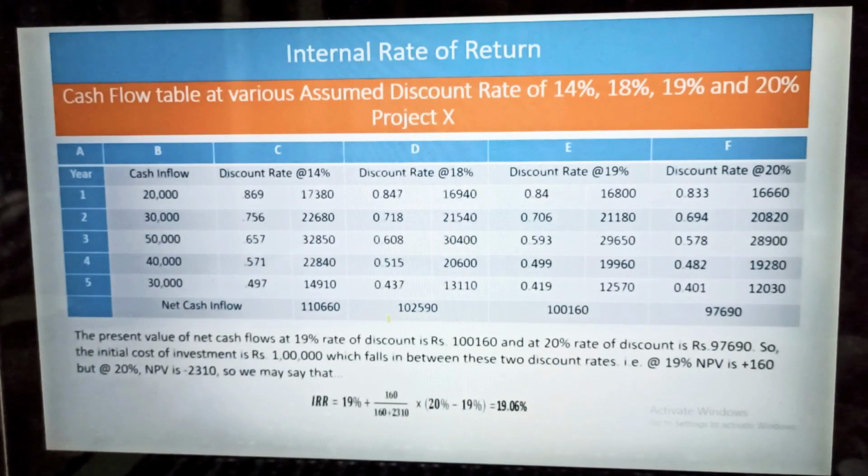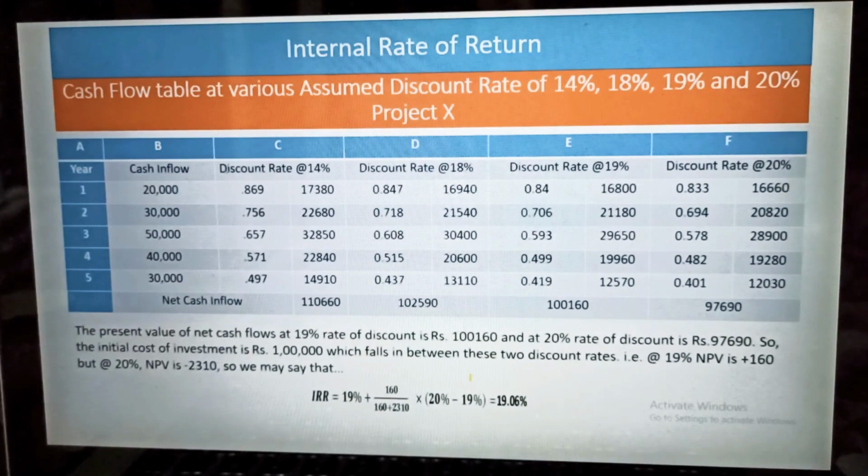Third one, we will discuss the internal rate of return. This method is also known as a modern technique of capital budgeting, which considers the time value of money. It is also known as the yield method or hit and trial method. In that method, a cut-off rate is specified. But under the internal rate of return method, the cash flows of a project are discounted at a suitable rate by hit and trial method, as I told, which equates the net present value.